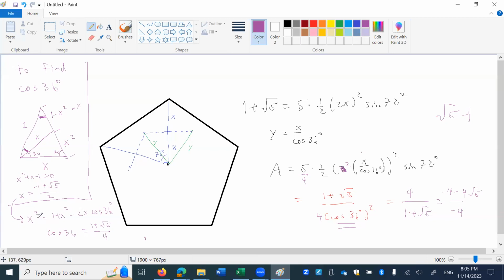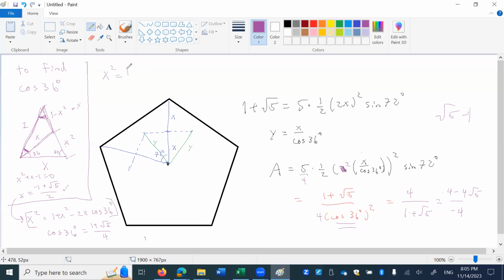And now if I want to find the cosine of 36, I can look at, let's say, this might not be the best triangle to look at, but it doesn't matter. I can look at one of the triangles that I have, and it'll be much better to use the full triangle. So I wrote this down looking at one of the smaller triangles. But anyway, I get an equation with only x, whose value I know, for cosine 36. I jumped to the answer because I already know the answer. But if you wanted to do it better, you should use the full triangle with the vertex angle and say